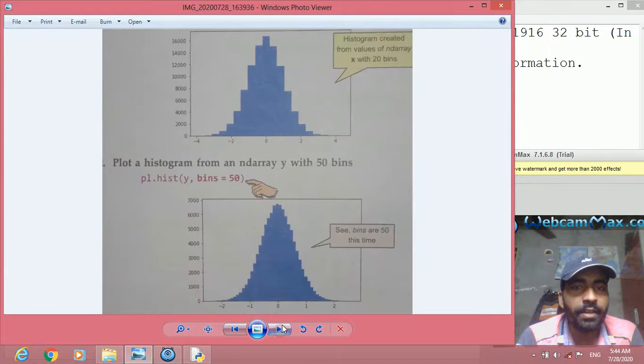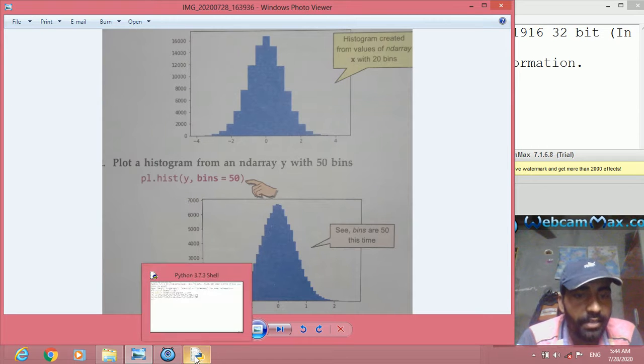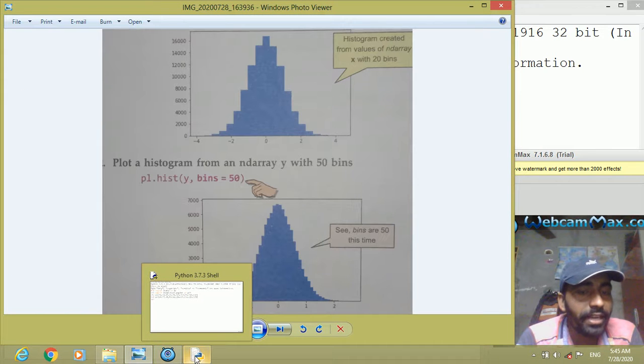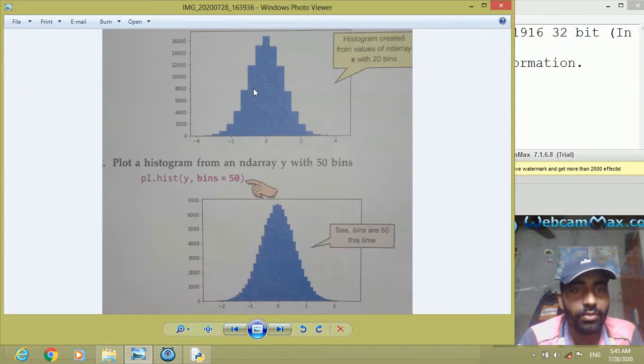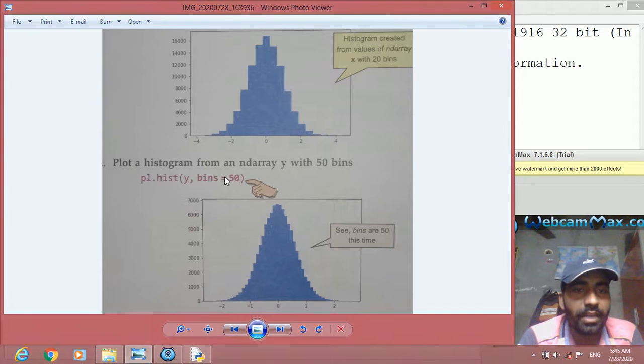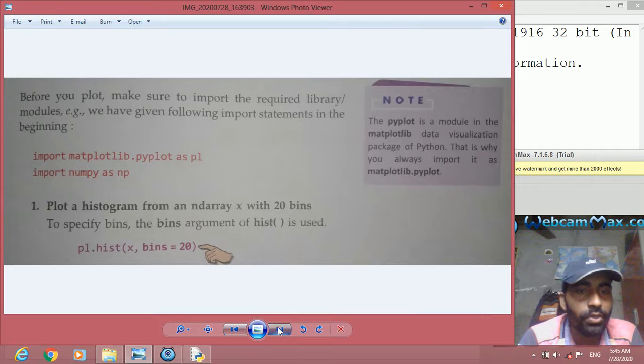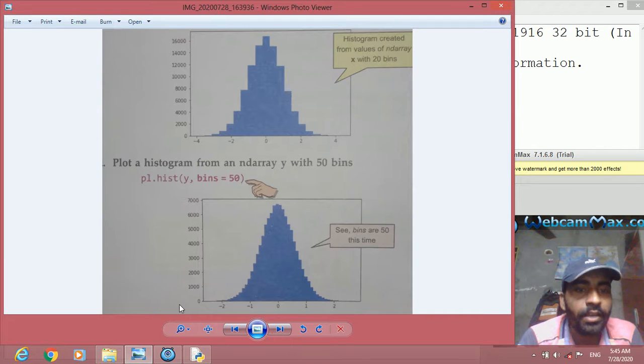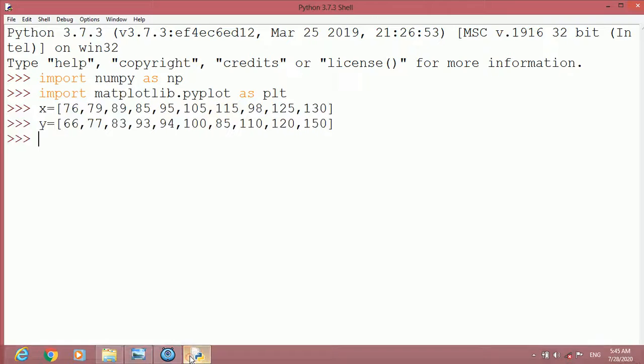as given here. Remember, this figure will not be produced exactly in your practical, because we have a different array, and a different array shows different data points. So the data points are different, and we can have different bins, meaning data limits as per the data range. Here the first time it is given bins equal to 20, and now bins equal to 50. So we can choose as per our choice. If you do not give it, by default it takes 10 bins.